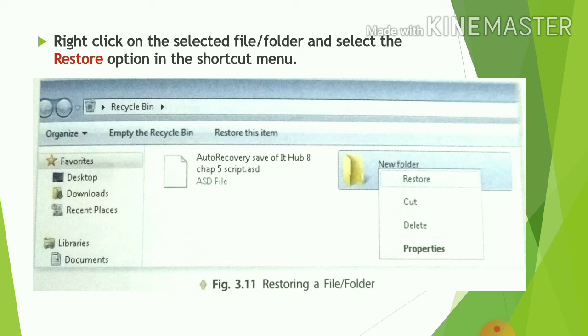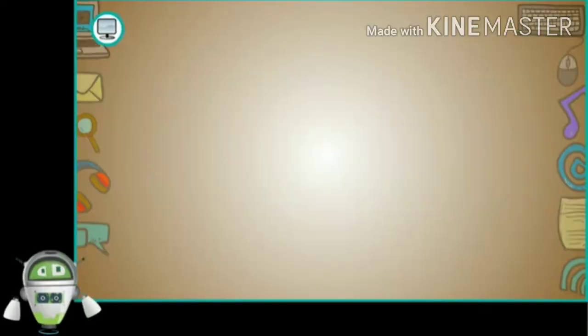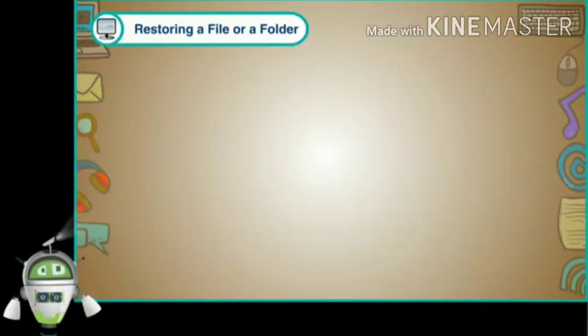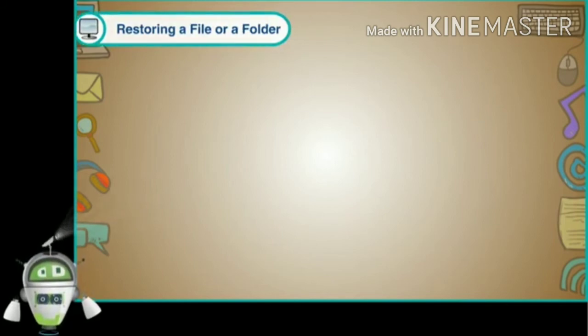So now students, let's see the practical: how to restore your file and folder from your recycle bin. So now students, let's see how to restore a file or folder.